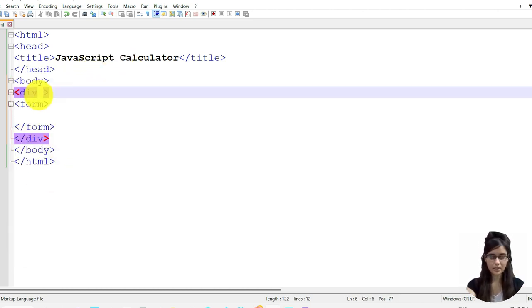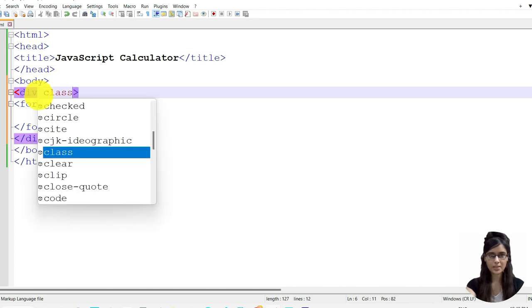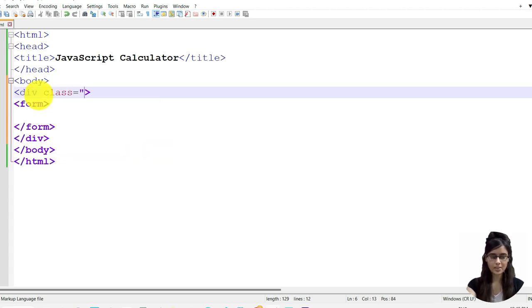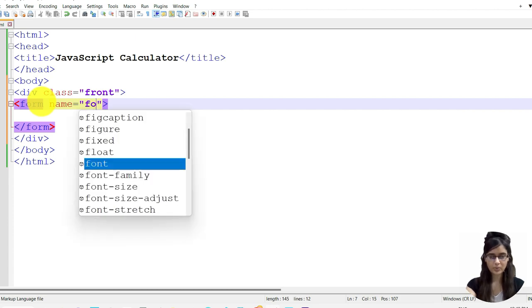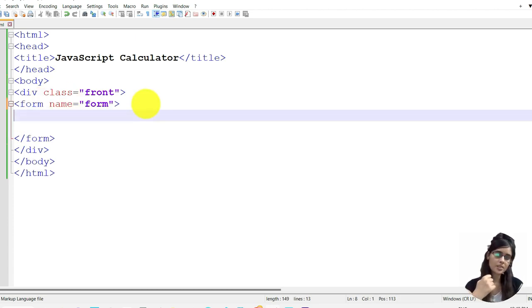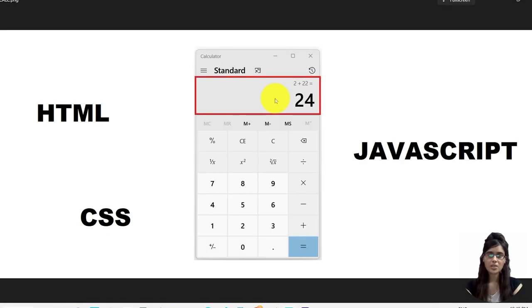Done. Now my div class name is front, that is the front end. Now we will name this form, that is simple form. Done. Now we will insert buttons inside the form. So first we will create this display where we will display the digits entered by the user.